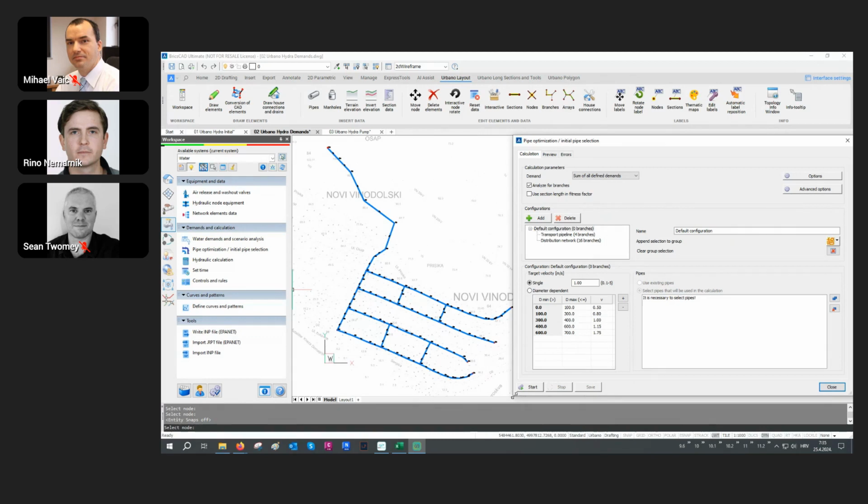So this function is using genetic algorithms to search for the optimum diameters based on the target velocity that can be defined. It is recommended to divide your network into some kind of zones or groups, which I already did. So I defined one zone to be this transport pipeline, where we don't have the water demands, and distribution network, where we defined the water demands. Now, for each zone, each group, you can define target velocity as a single value or diameter dependent value. And also for each zone or group, you can select pipes from pipe catalog that will be used in